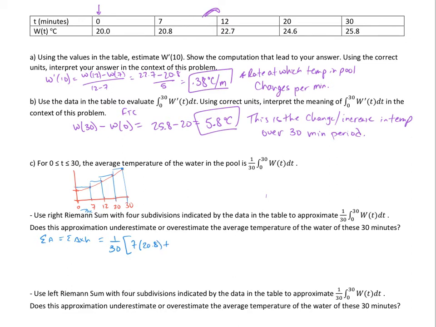The second one will have a delta x of 5 from 7 to 12 and a height of 22.7. The third one will have a delta x of 8 and a height of 24.6. And then the last one here will have a delta x of 10 and a height of 25.8. Okay, working all this out, I'm going to spare you the details in between,